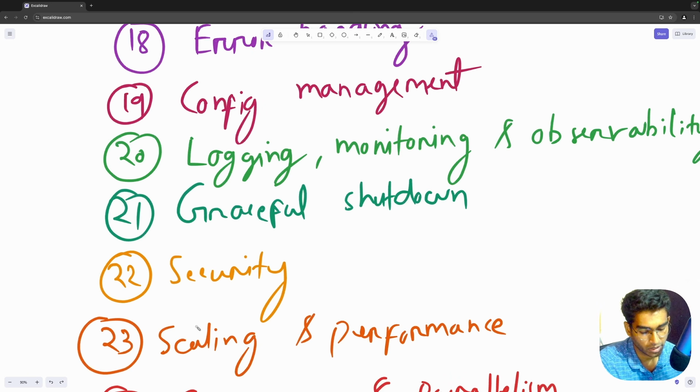How it works, like signal handling, SIGTERM, SIGINT, and kill signals. What are the different steps of Graceful shutdown? For example, it starts with capturing a signal, and then it stops accepting requests. Then it completes any in-flight requests, and then it closes external resources like database connections or any open files, etc. And at last it terminates the app.